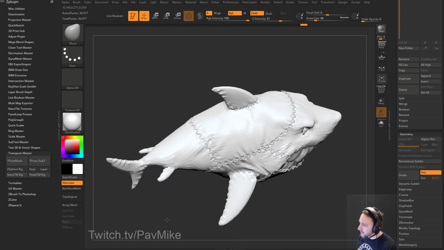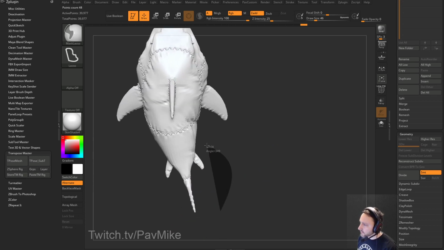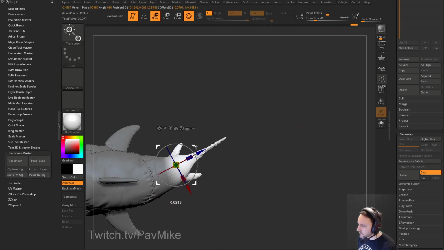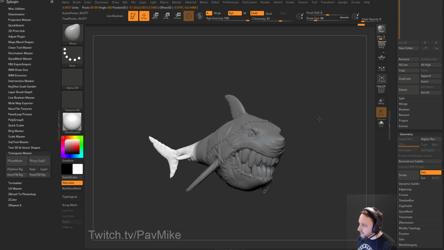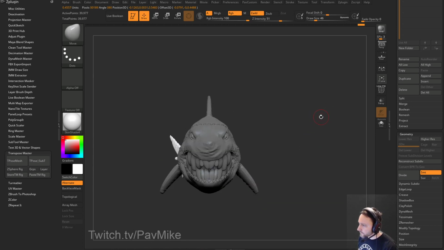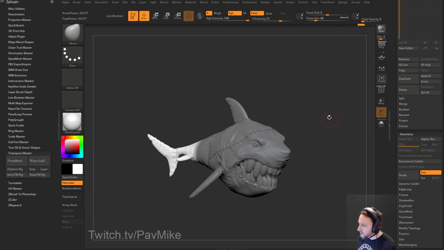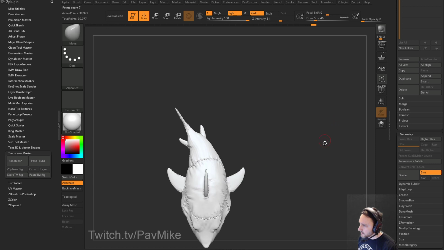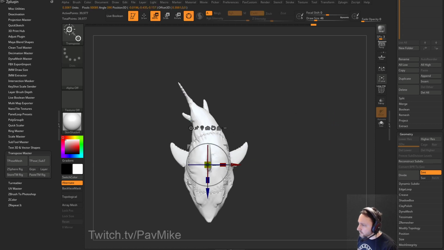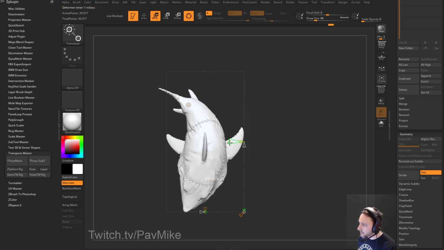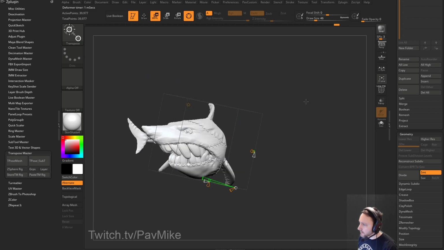Now you're not going to be able to subdivide this and get much detail in here, but we're not really looking for that. What we're looking for is just the big reeds for your pose. And you know what? Let's do, on this one, since it all is merged, and it's low res enough so it's not going to tax it too much, you could go in here to bend arc, and